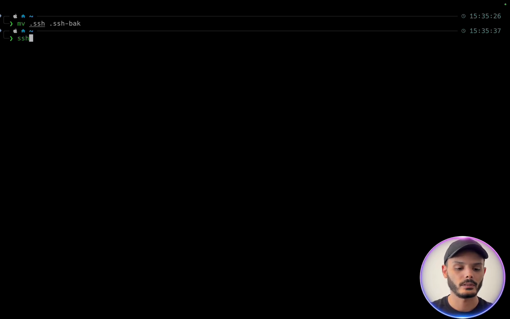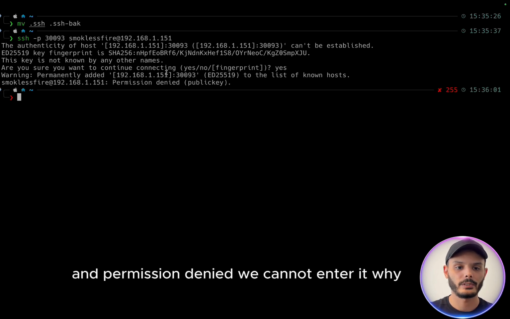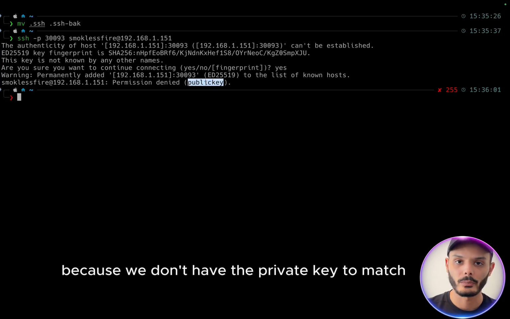So ssh -p with our port to our Kali server. And permission denied. We cannot enter. Why? Because we don't have the private key to match the public key.